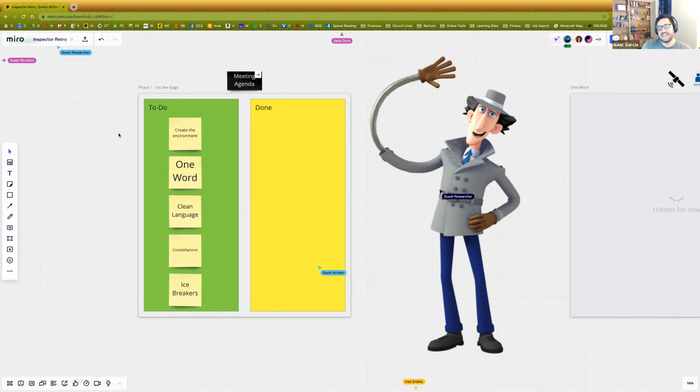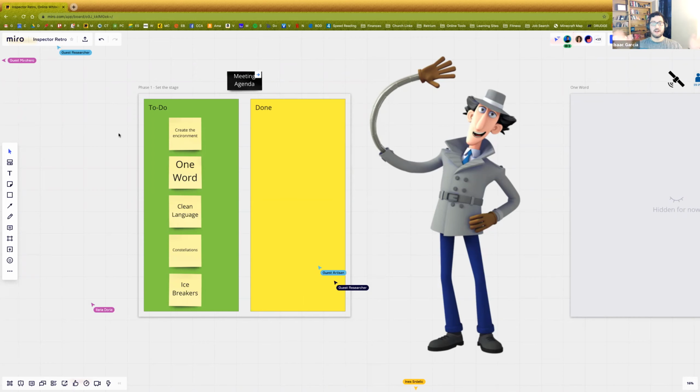So let's talk about these retrospective phases. So phase number 1, set the stage. Now, before I jump into phase number 1, the point of this is to help you when you are going to be involved in facilitating or helping lead a retrospective. If you're just a participant, the best you can do is to suggest to the person leading it, hey, I have some ideas for you that I learned from this webinar. Would you maybe listen to some of these ideas? So you can take notes and share it with the facilitator, but I'm assuming you have the ability to prepare the retrospective, and I want to give you some tools to be as effective as possible.